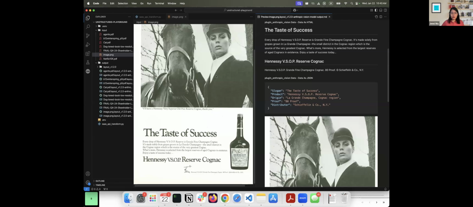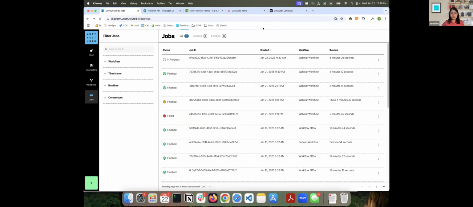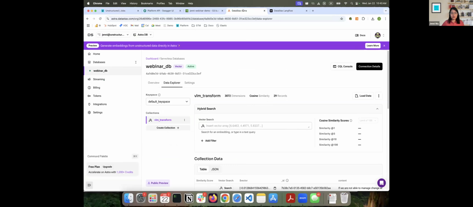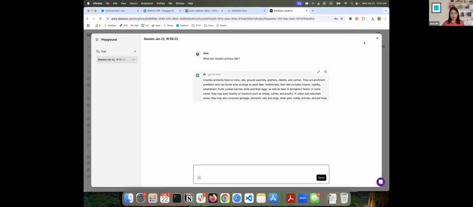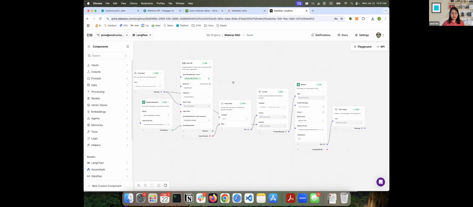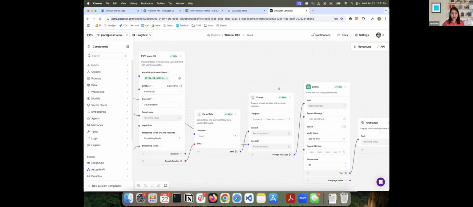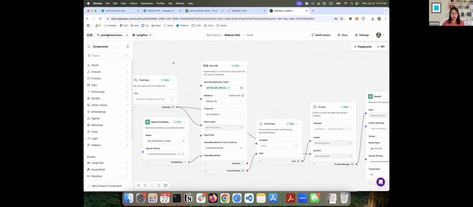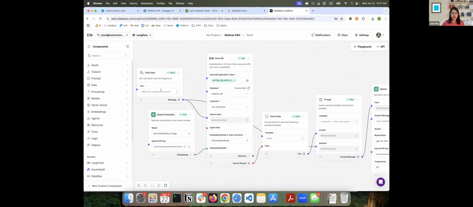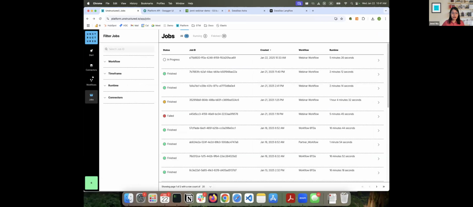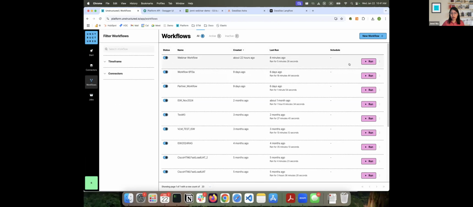All right, so now that you know what the transform comparison looks like, let's go back into our RAG application and ask it some questions. So again, I've created a vector database inside DataStax Astra. These are our very close friends. And then what I've done is I've created a RAG application with the Langflow offering that they have, where I have chat input. It then converts the chat input using the OpenAI embeddings model. And again, this embeddings model we had selected with our workflow.